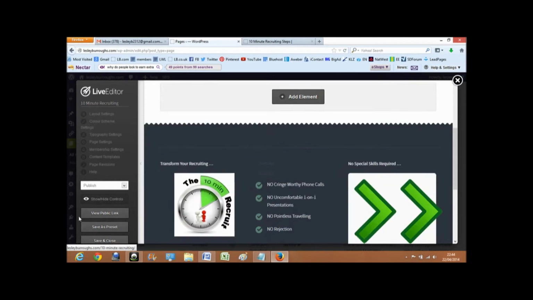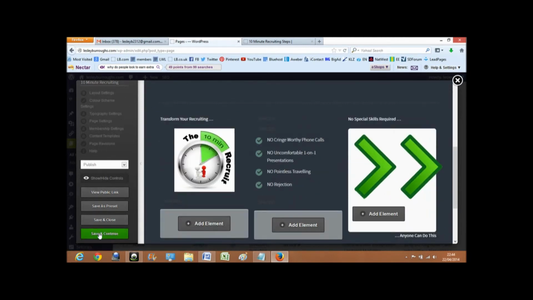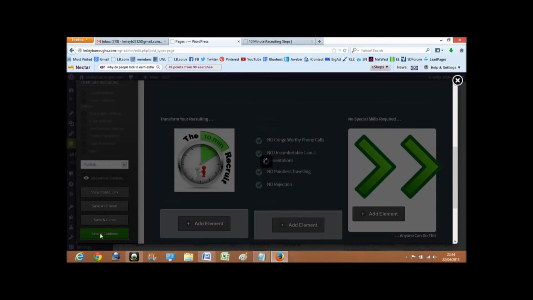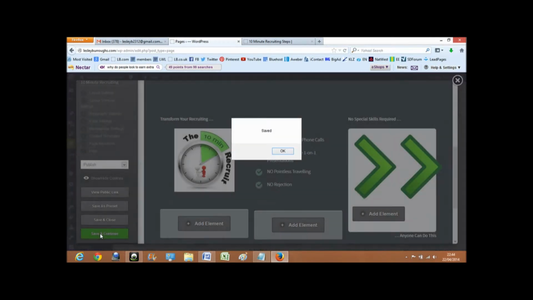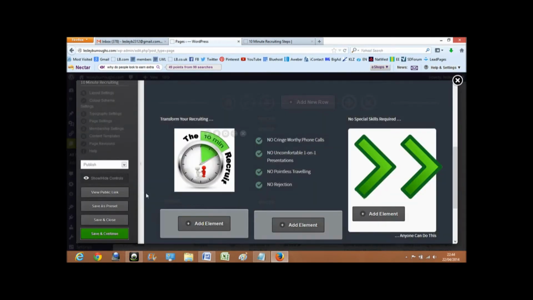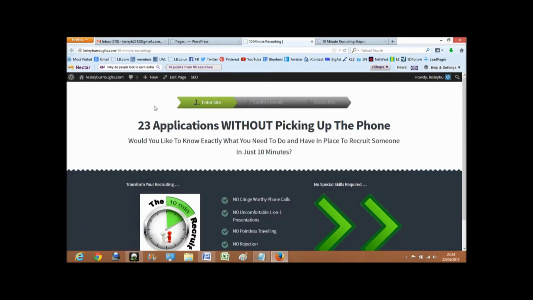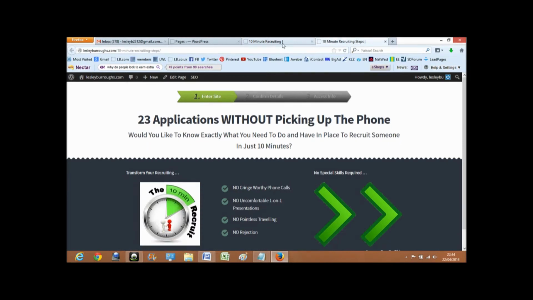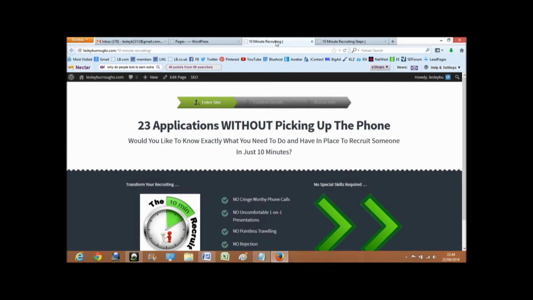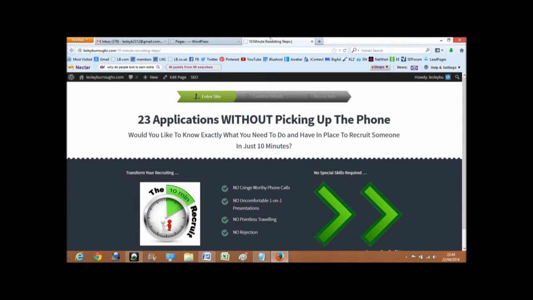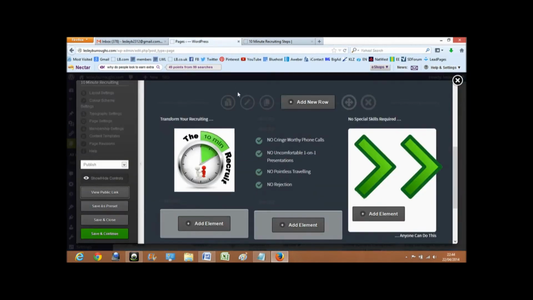Then I'm going to come down on the left hand menu, click Save and Continue, click the confirmation, okay, and View Public Link, and now you can see that on that page is that progress bar. This is a different page to the first one that I was showing you, just so that you can see that it has actually done what I've asked it to do. Now if I just close that tab down and go back into my editing tab,